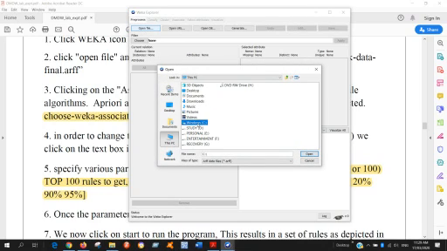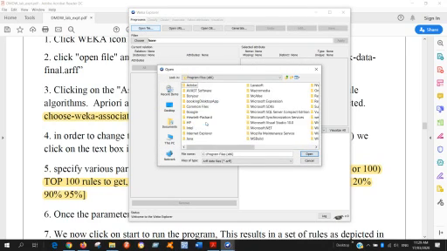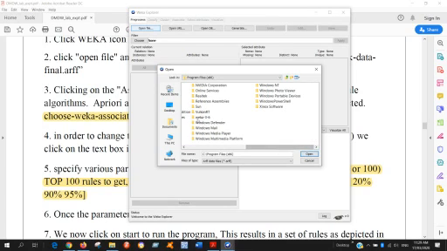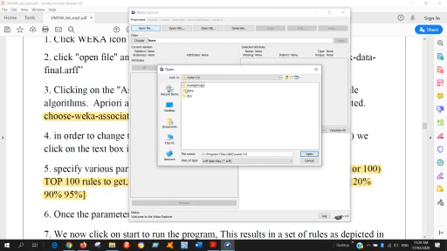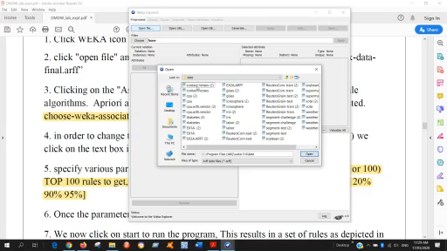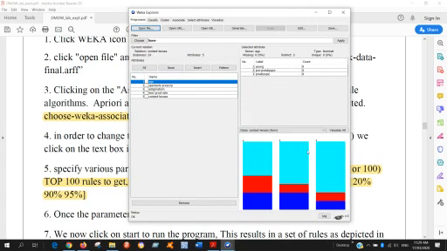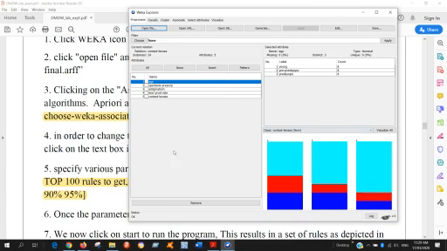Yes, this one. Find the Weka data folder, then choose the program. I can choose the contact lenses program here. Open it. Yes, see, this is the contact lens program I opened here.